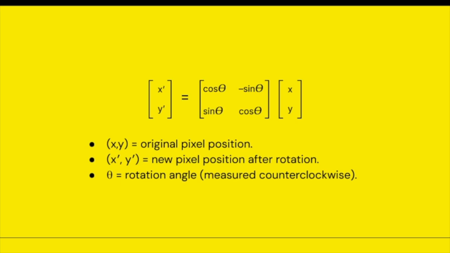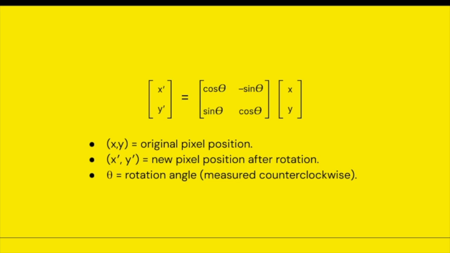I'll just restate that so we're not lost. X, Y is the original pixel position on the far right. X prime, Y prime is the new pixel position after rotation. And in our center that's being multiplied by our original pixel position, we have R theta, where theta is the rotation angle measured counterclockwise. So the same way that you'd find sine theta, cosine theta of an angle given the unit circle, just traversing it that way, that's the same way we're going to really think about the angles